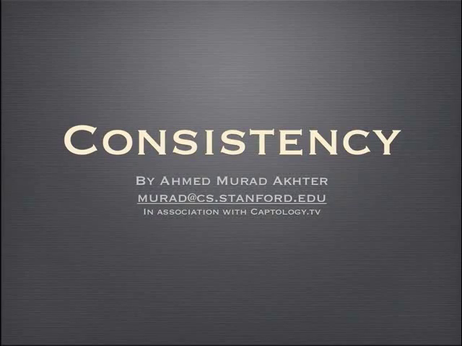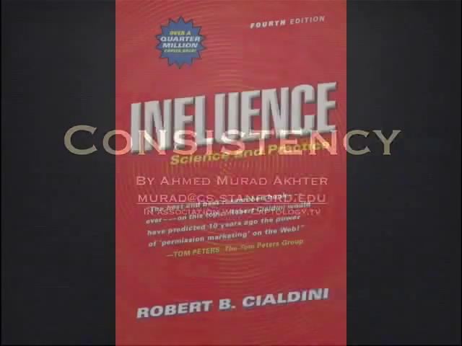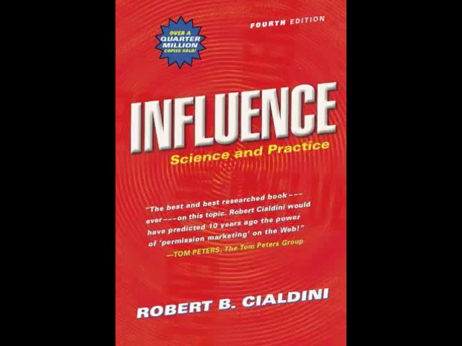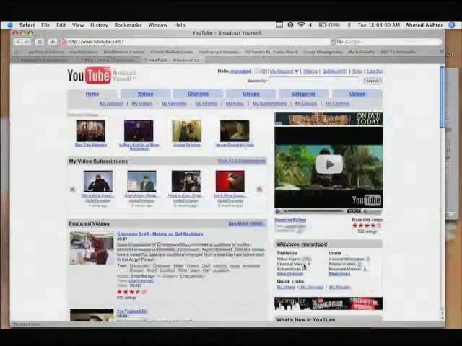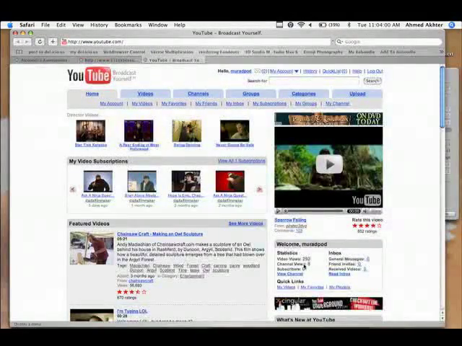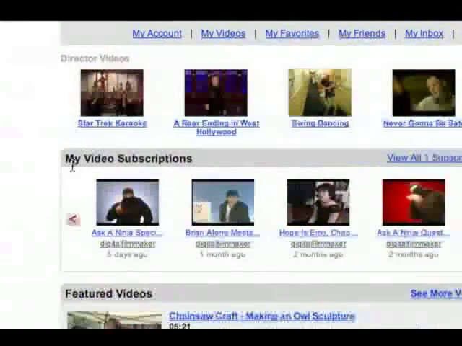In this persuasion theme, we will focus on consistency. As a frame of reference, we will use Cialdini's influence, which talks about consistency and commitment as powerful persuasion techniques. The basic idea here is that we try to harmonize our future decisions against the course of action we have already undertaken. Many Web 2.0 companies use this technique to keep us active, with the service clearly displaying evidence of